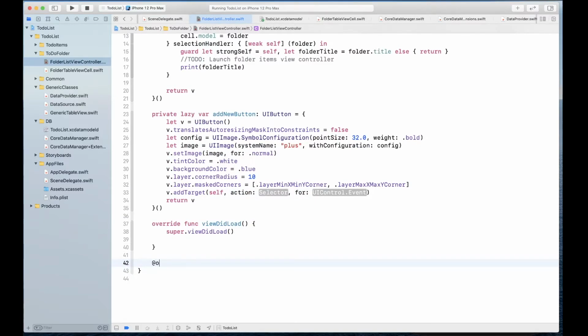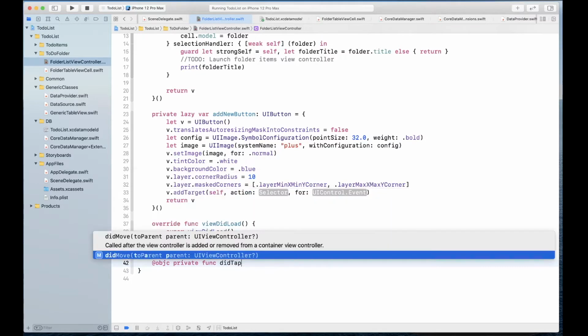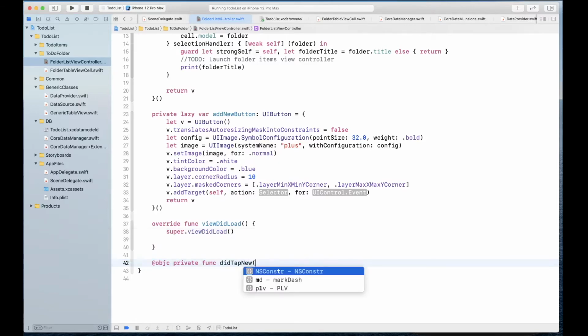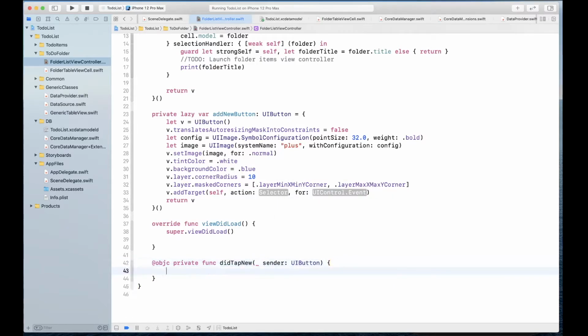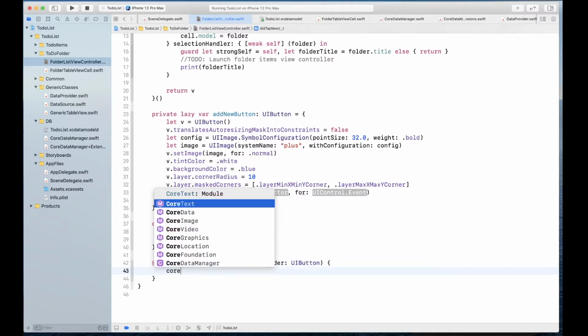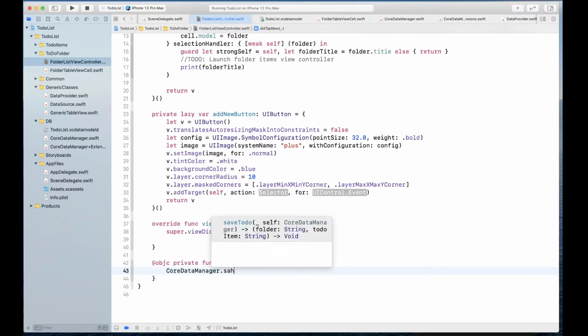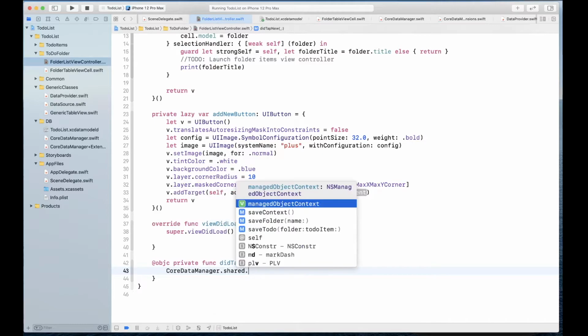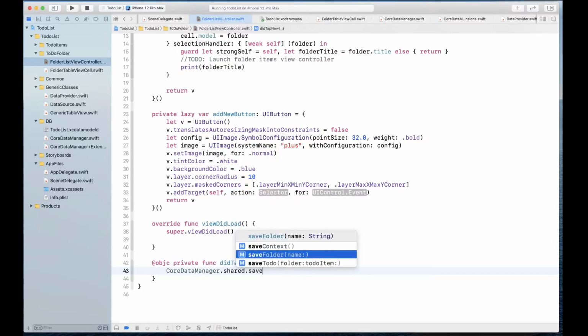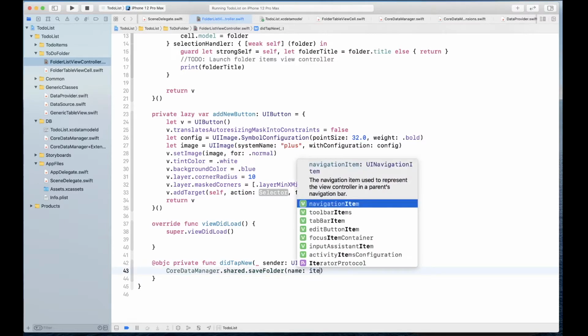So let's simply say add object c private func add new item, or we're going to call this did tab new, and sender is going to be UI button, and we're simply going to call core data manager. We have on the shared instance a function called save folder that takes a name, and we're going to simply supply the